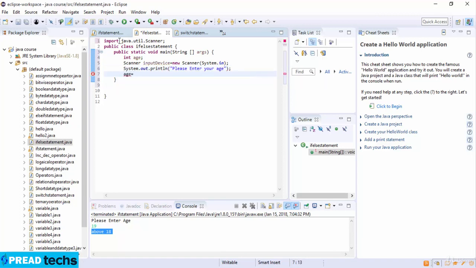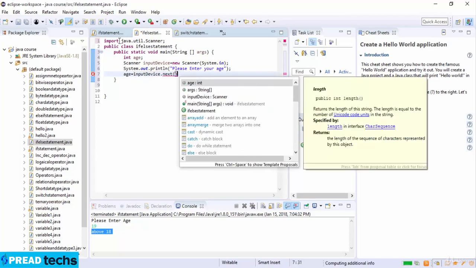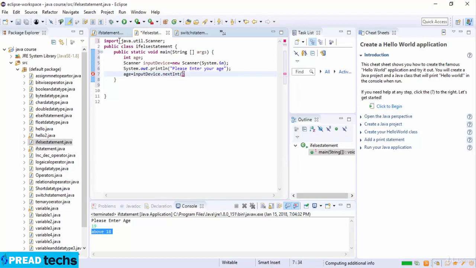Now I write age, which is equal to input.nextInt, and I just close this code here. Now I just write if age is greater than 18, greater than or equal to 18,